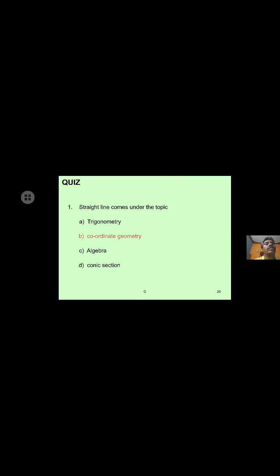So here the answer is highlighted in red ink, red color. Next, the general equation of a straight line. We already discussed this, and we know it from school level also. General equation of the line or straight line. Line and straight line mean the same. Sometimes a straight line is simply called a line. So the general equation of the line